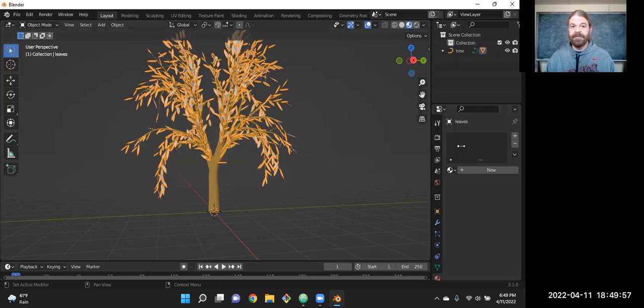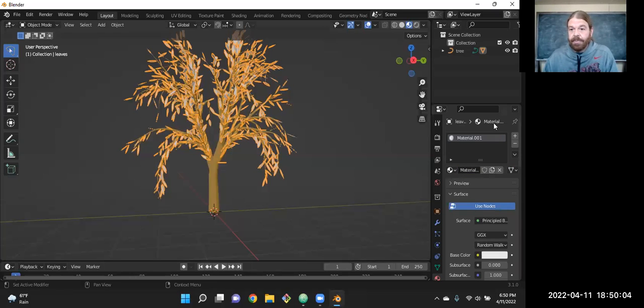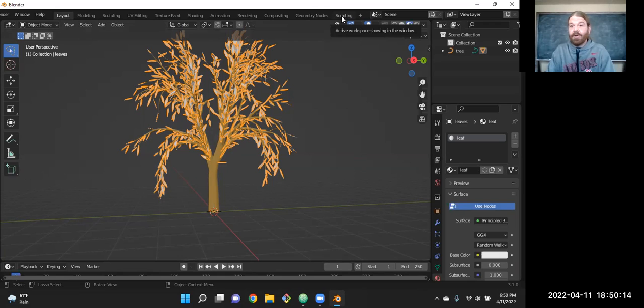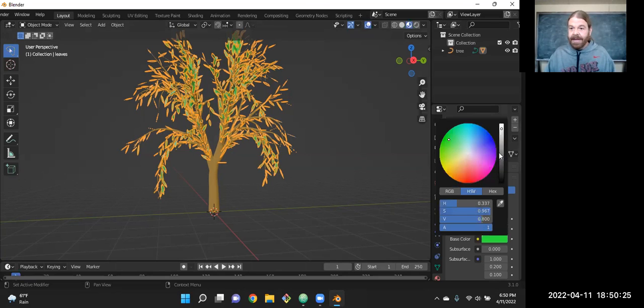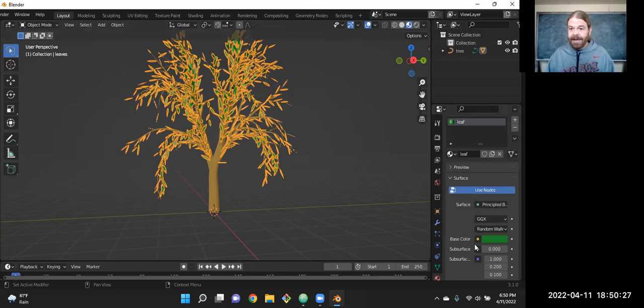So we'll select a leaf, and notice that all the leaves are one single object. Create a new material, and we want to keep track of it because of this tab we looked at earlier, the scripting tab. It's a whole lot easier to deal with things if they have useful names, right? The whole reason we use variables when programming is those useful names. On our leaf, I'll make it sort of a dark green.